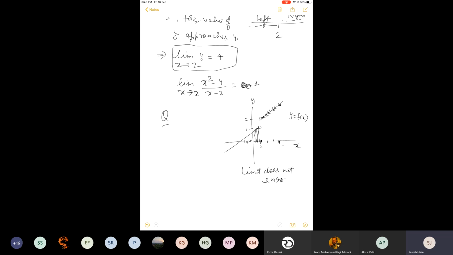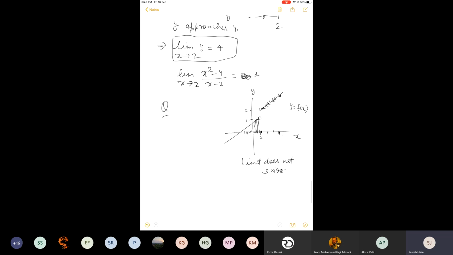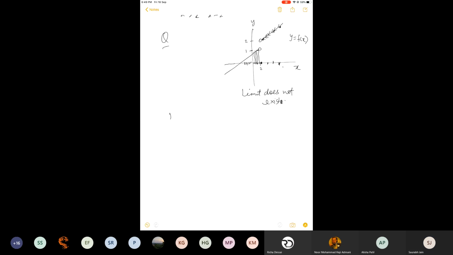So this is the graphical approach. Observe the graph and tell what the limit is, or whether it exists or not. Secondly is the tabular form, but that is not always very easy, making this table every time and deciding the nature of the function. So what we will do now, we will come to the methods. Today we'll be able to study only the basic method, which is existence of limit. I will write the same thing, whatever I have explained, in mathematical form now. Existence of limit at x tends to a.